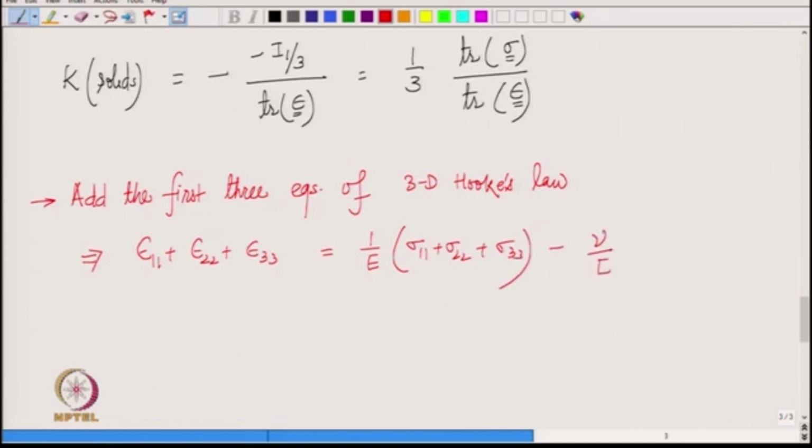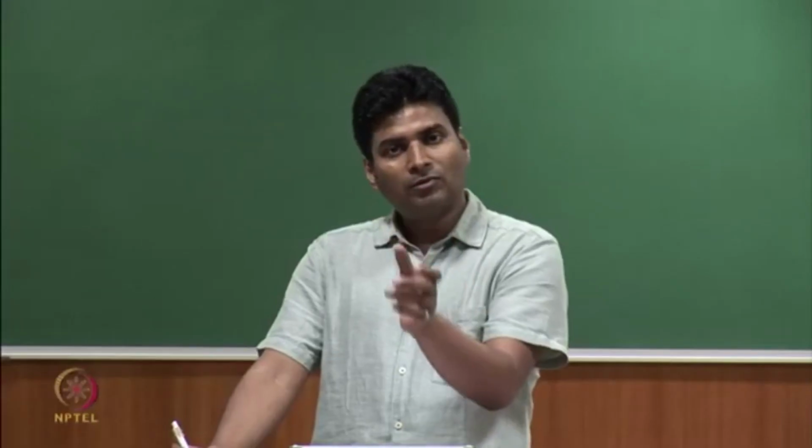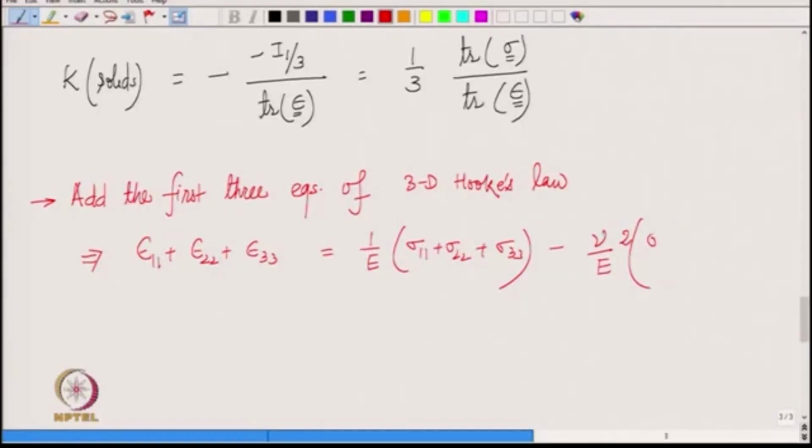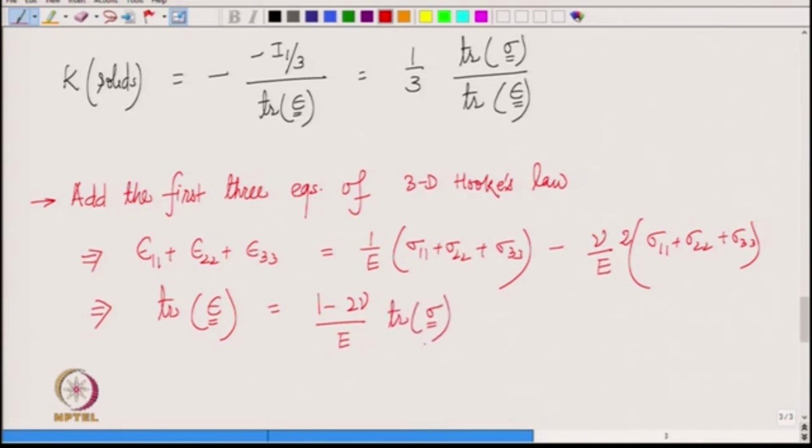minus nu by E, and you have sigma 2 2 plus sigma 3 3, sigma 1 1 plus sigma 3 3, and in the last one you have sigma 1 1 plus sigma 2 2. When you add all of them, you simply get 2 times sigma 1 1 plus sigma 2 2 plus sigma 3 3, is not it? So, this means that the trace of epsilon is equal to 1 minus 2 nu over E times trace of sigma, correct. And you can now plug in this here,